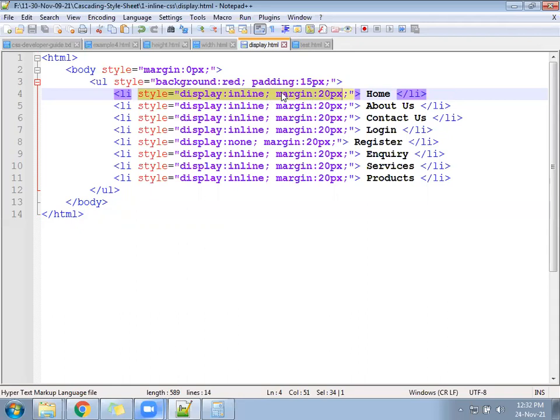We are comparing as of now. Inline and internal: inline has the higher priority. Another way of saying it, inline has the higher priority. Since inline is not applicable, you are not going to use it, then you will depend on internal and external.